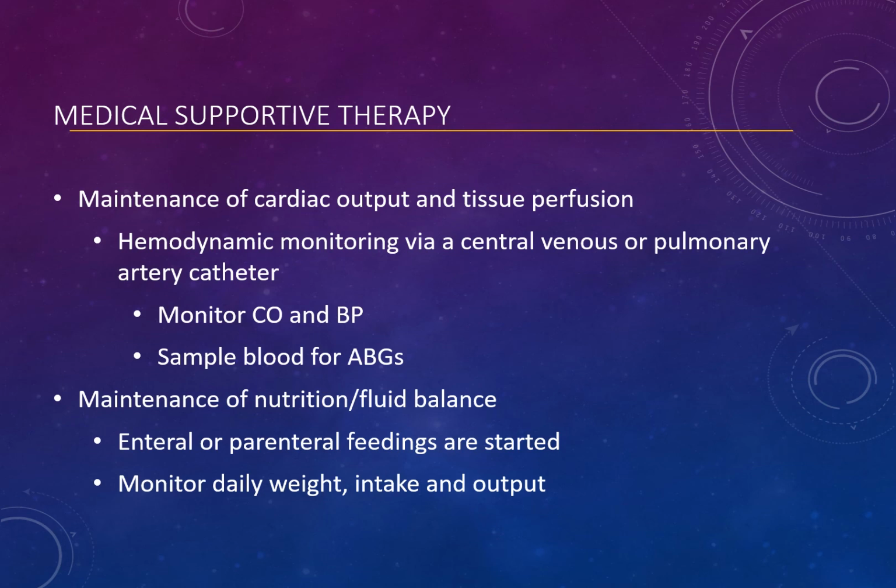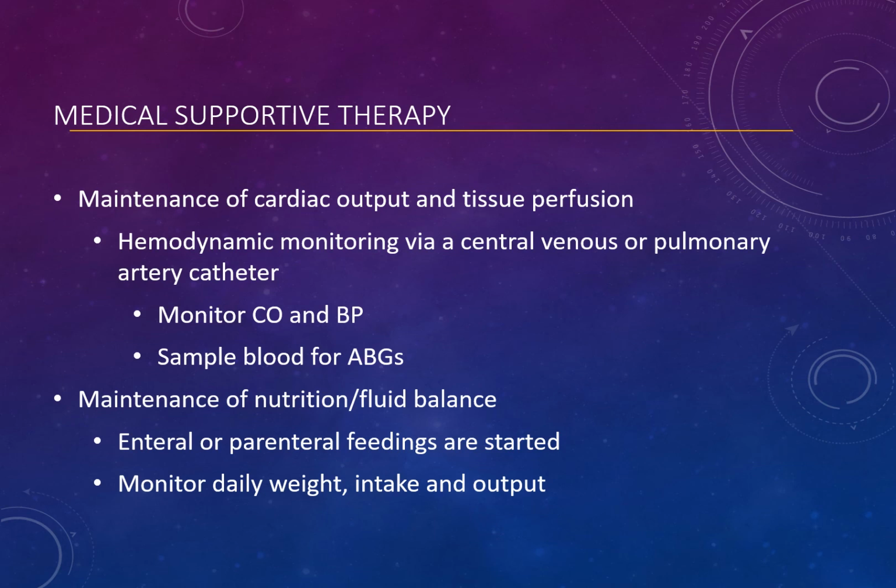Going down to nutrition and fluid balance. So it's again, enteral or parenteral feedings. If a patient's mechanically ventilated, they have an ET tube and they cannot eat PO. So typically we'll do an OG tube and we'll hook that up to the ET tube. An OG is an oral gastric tube. It's the same thing as an NG tube, except it goes in through the mouth. It's attached to the ET tube